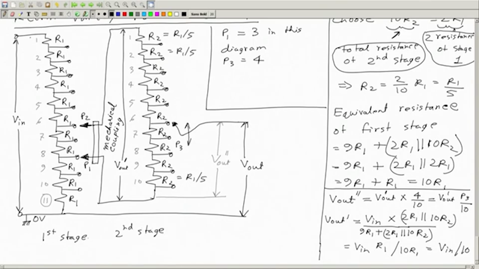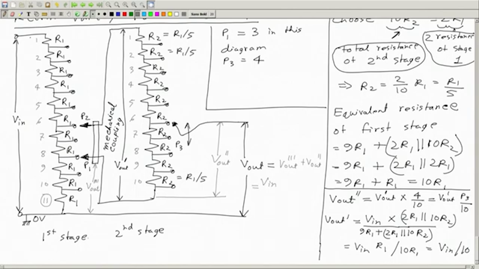So now how much is V out? Let's have another notation. Call this potential from here to here V out triple prime. So V out will be this. Let's start from here, 0 to this point, V out triple prime, and then this point is the same as this point, and from there we have another voltage, V out double prime. Now V out triple prime is the same as V in